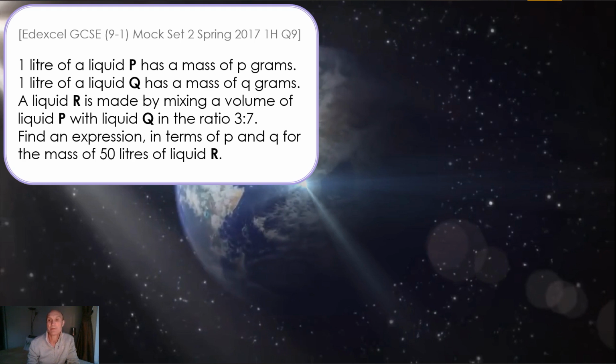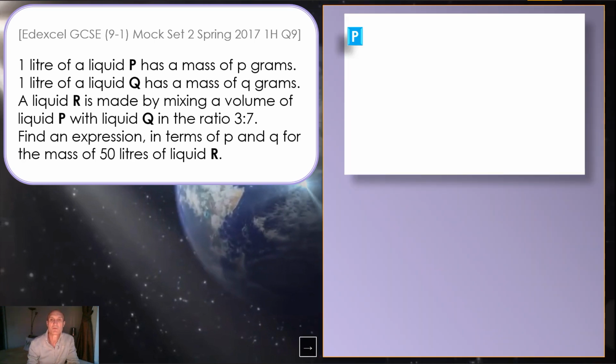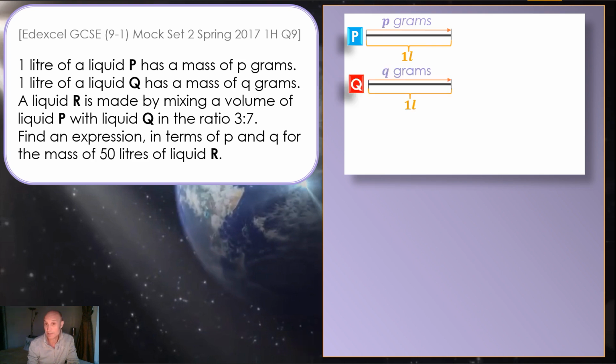Let's again graphically represent the information given. There are two liquids of equal volume, 1 liter, with different masses, P grams and Q grams respectively. One note: for any two substances, including liquids of equal volume, it is always true that they differ in their masses as well. There is another third liquid, R,